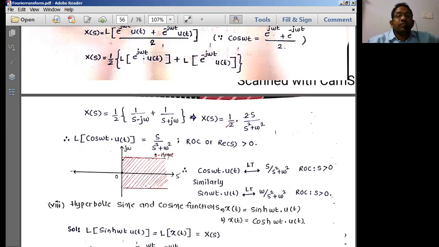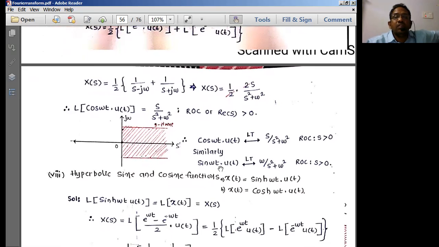Now what is the region of convergence here? Omega is the imaginary part component, and s has real and imaginary parts. So the real part of s is greater than 0. In s we have only sigma, there is no other constant parameter here. Therefore the region of convergence exists for all sigma greater than 0. This is going to be the s plane; this is not s, this should be sigma.